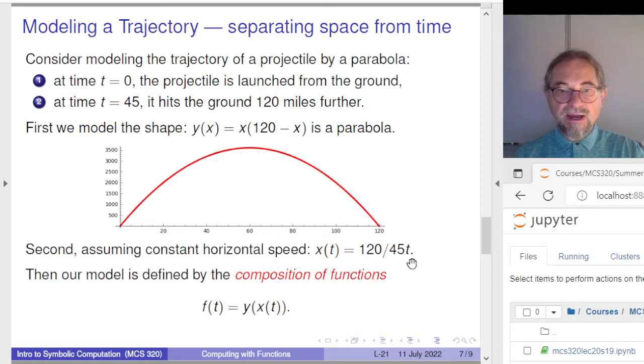So that's why we have this ratio 120 over 45. Thus the model that tells us the altitude of the projectile at any time is given by y after x. So this is written as this function composition. Okay,